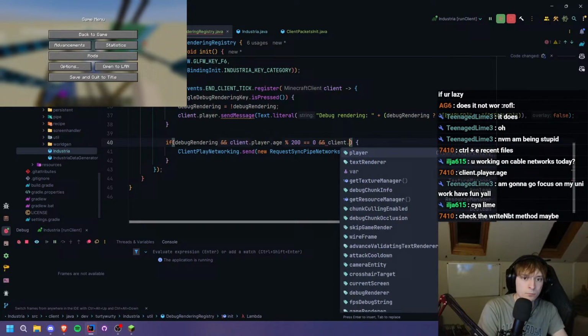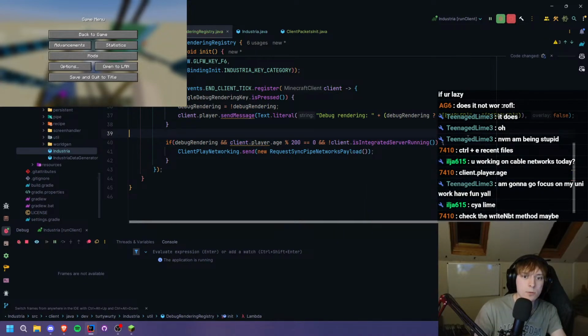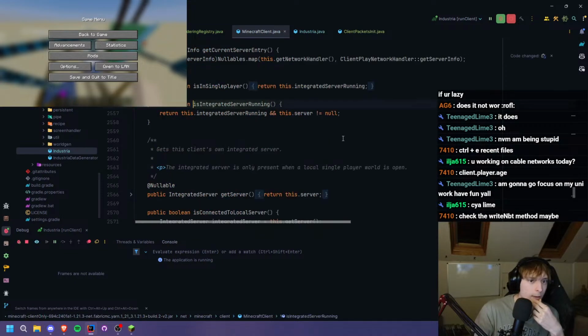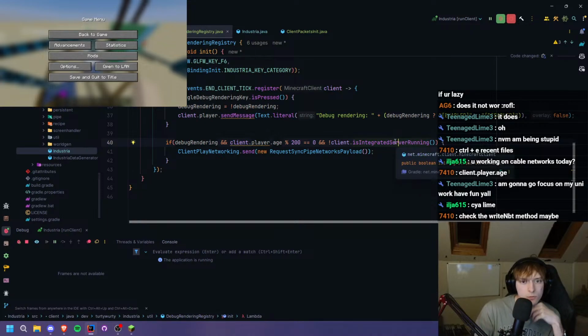Or, is connected to local server. So, if I say, and not, it's an integrated server, is that correct? I think. Will that work on localhost as well? Actually, localhost, I guess it... Yeah, will that work on localhost? I think so. Maybe. I think it will. I think if I do that,